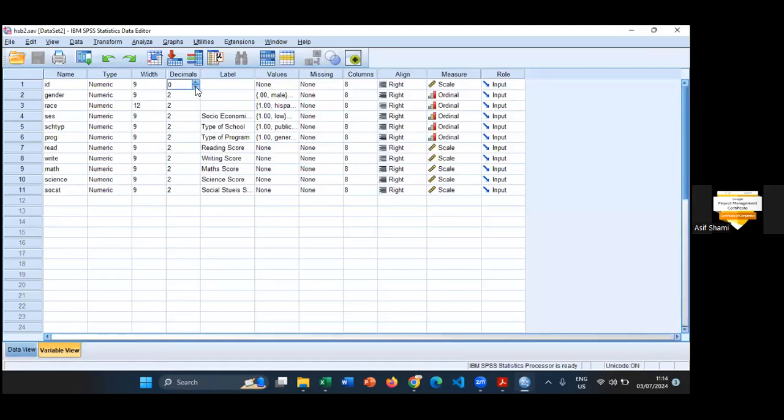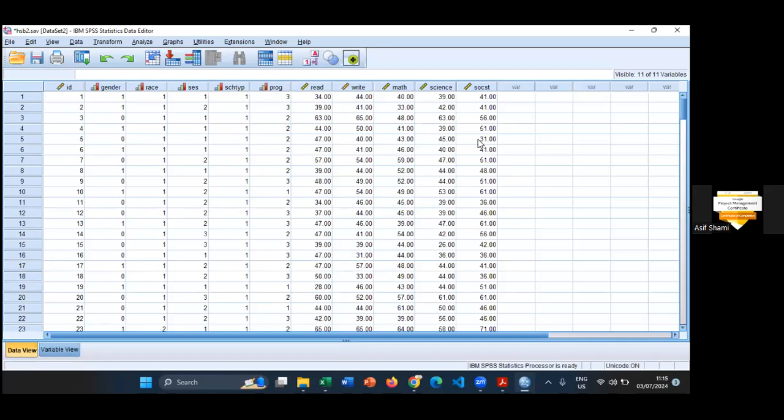ID is not required, gender, race with decimal not required, program not required, but the reading score, writing score, math score, science score, social studies score, we may require the decimal points. Now look at this. We are confirmed that these are the